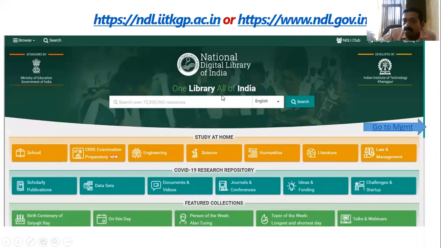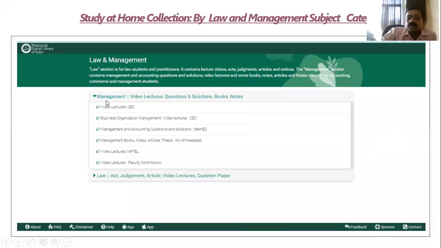On the beginning page of the website, you just click over here, then you will get materials over here. For example, video lectures, business organization management, management economic topic, video lectures, everything. These are the materials by different IIMs, and also some question papers and some other resources.